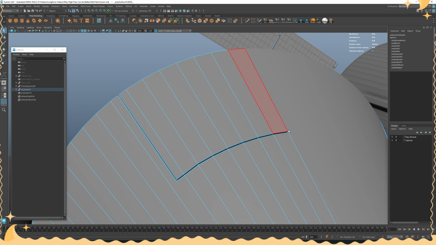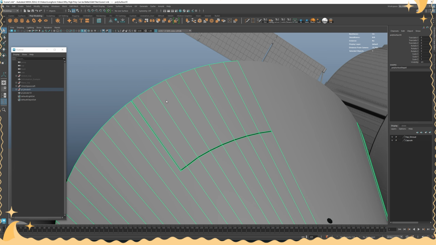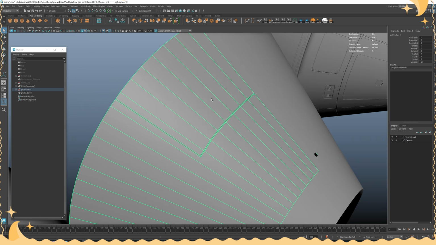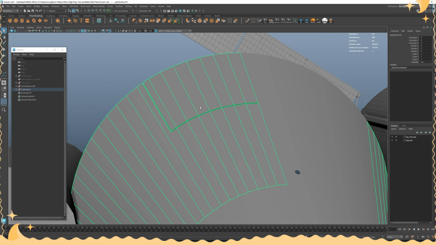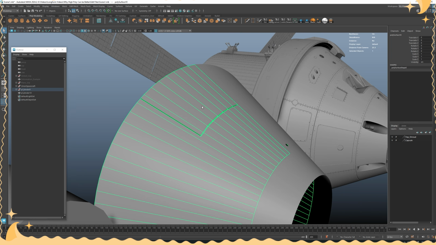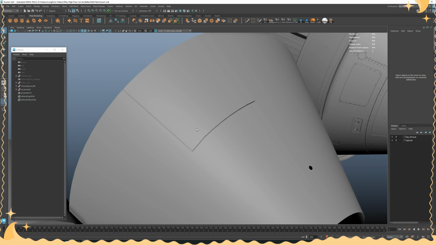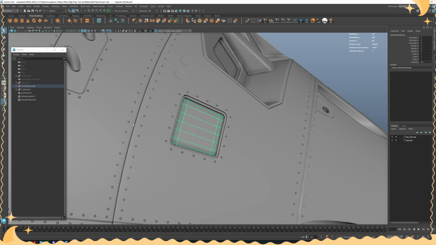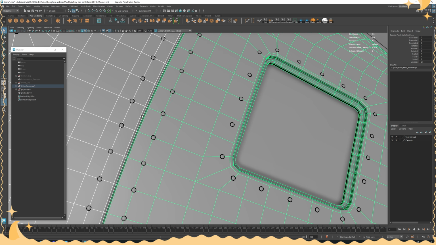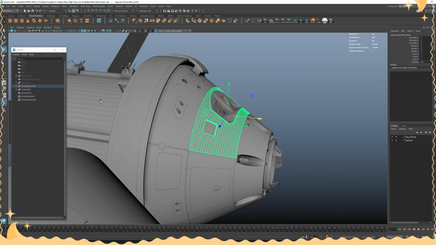And then there are times when, whatever you're modeling, it's always a good idea to make sure that it matches what you're modeling in real life. So if the real model has something like this, probably a good idea to match it too. Especially if it's one piece, model it as one piece. If it's multiple pieces, maybe model it as one piece and separate it afterwards. But generally, if you want to do a panel line, especially a really small one like this, where things are really, really close together, like obviously this is a spaceship, so you don't want massive gaps between things like this,